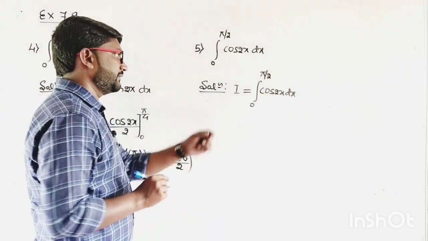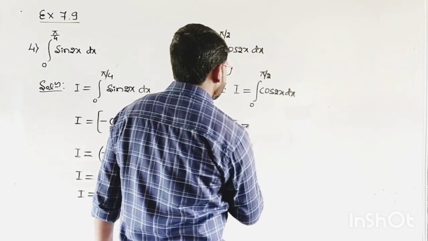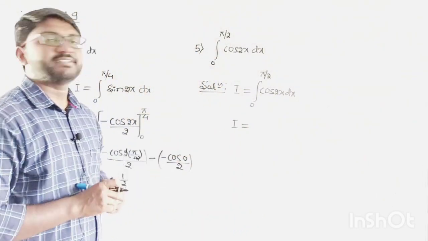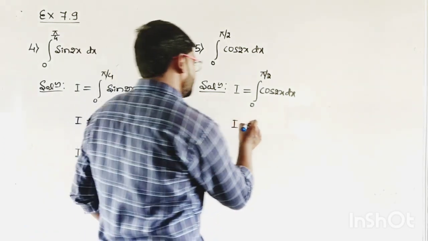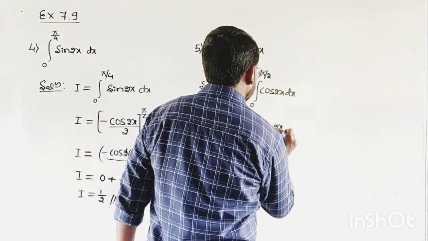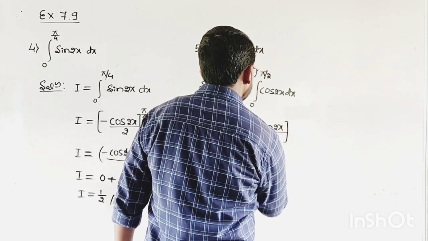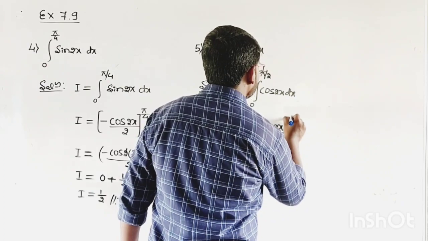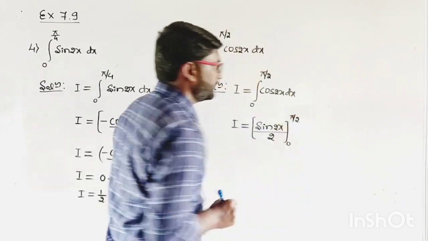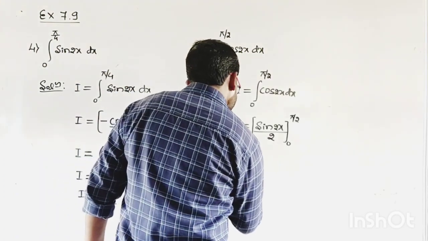So now this is in the form of integral cos ax dx. So it is nothing but sin ax by a. Here a is 2, so sin ax by a, then apply the limits, it is 0 to pi by 2. Now upper limit minus the lower limit, I which is equals to